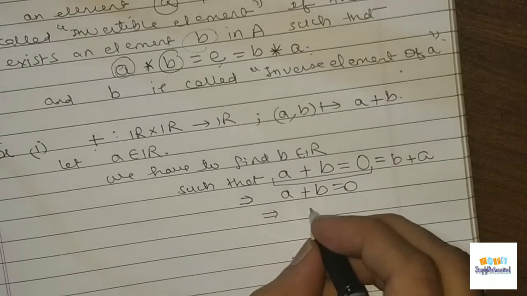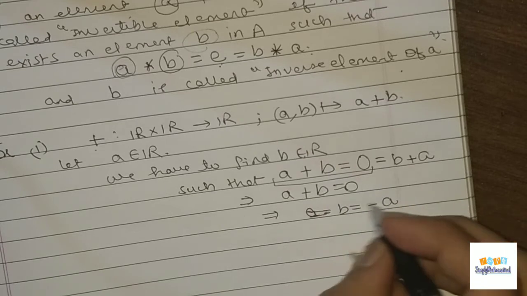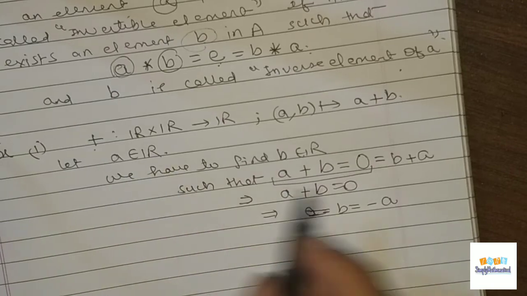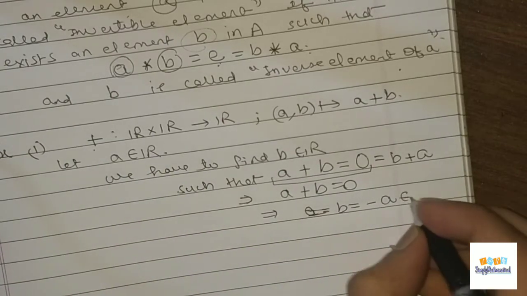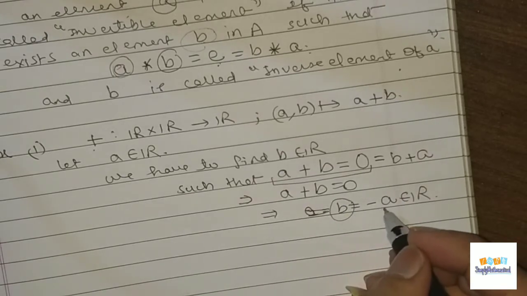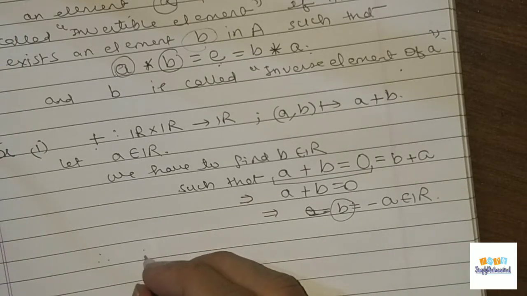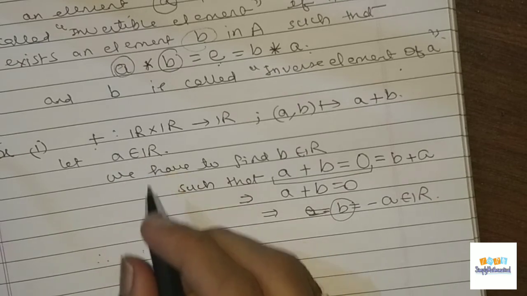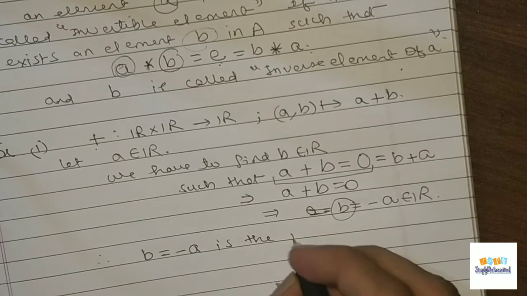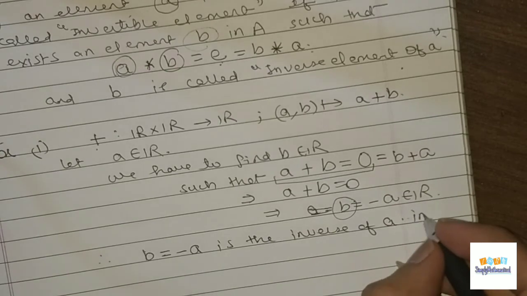That means B is equal to minus A. Now we have taken an element A which belongs to R, so minus A also will belong to R, so you got the element B equal to minus A. Therefore A is an invertible element,